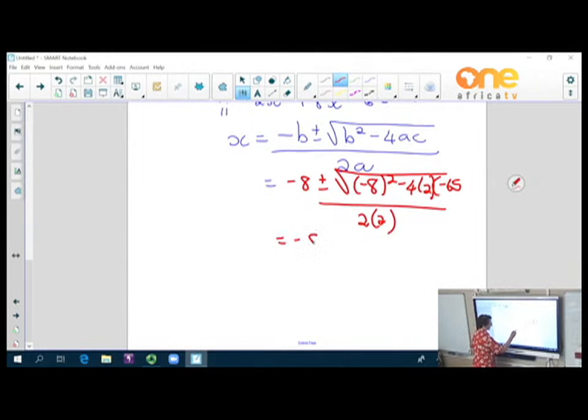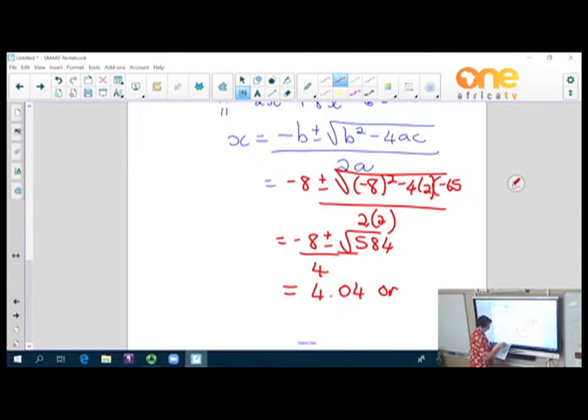The next step is then negative 8 plus or minus, and we have to find the value in the root. So it is then 64 plus 4 times 2 times 65, and I have 584 here in the root. Make sure that you get that right. And then we get the 2 answers from there, and x is equal to 4.04, or x is equal to,